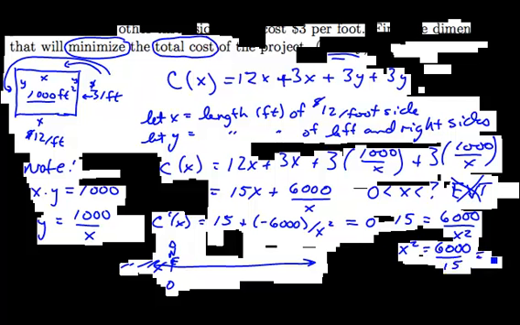And we can now check our signs. If x is much larger than 20, then I'll be subtracting less here in my derivative. So this will certainly be positive, which means the costs are increasing out here. If x is smaller than 20 but larger than 0, then I will be, let's just pick an x value, say 1. That's an easy one. This would be 15 minus